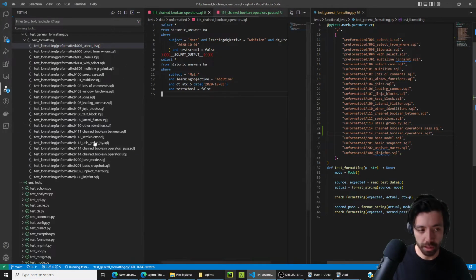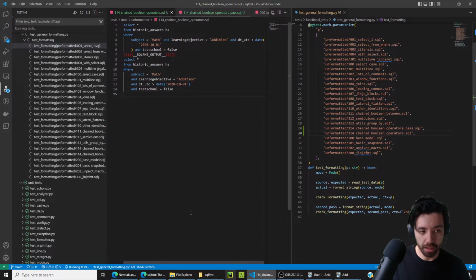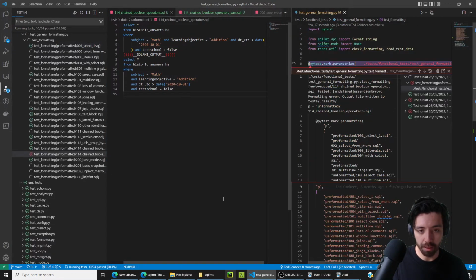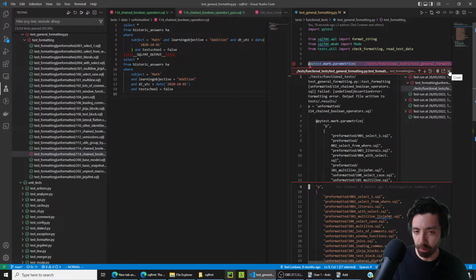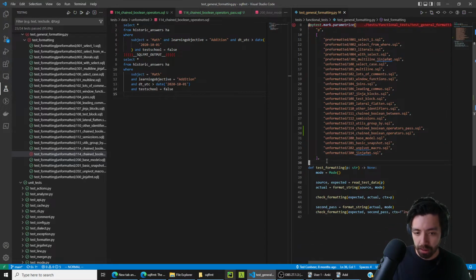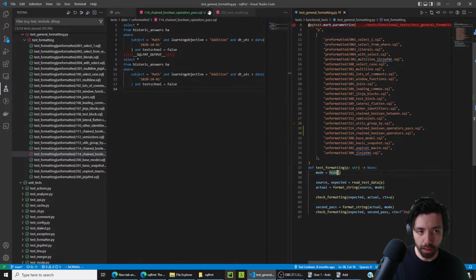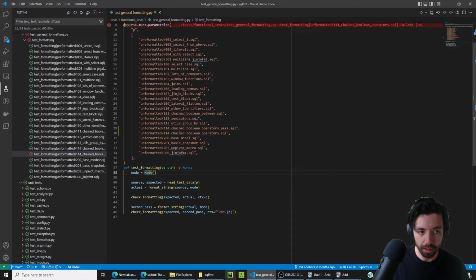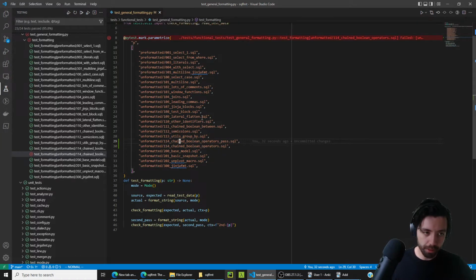And then we are going to set some breakpoints and see whether we can understand what's happening as we go through the code. It probably runs them in parallel, I think, or some of them are quicker than others. Let's first step through the code, and then later we can set breakpoints and see what happens. So what is happening is that we try to run this test, which tests the formatting,